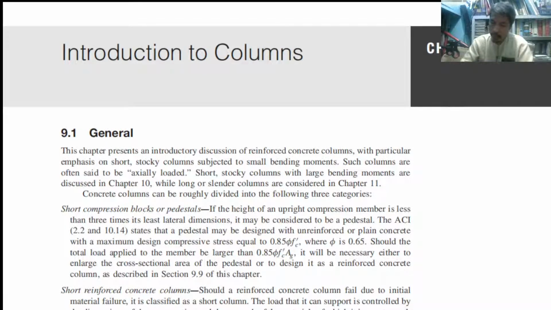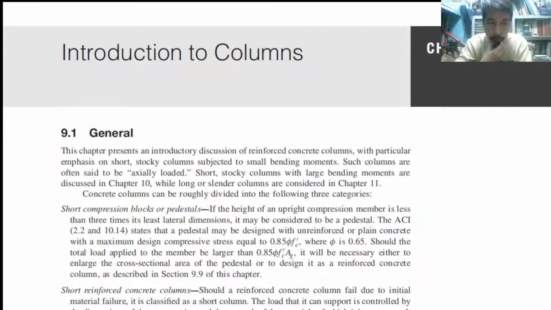Let me check it. Okay, good. So it is working properly. So therefore, let us